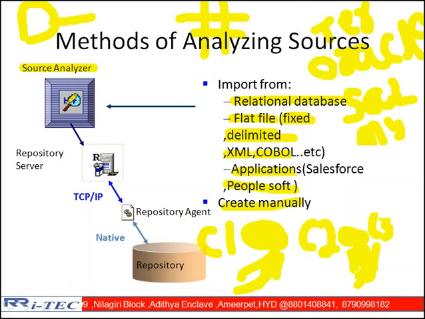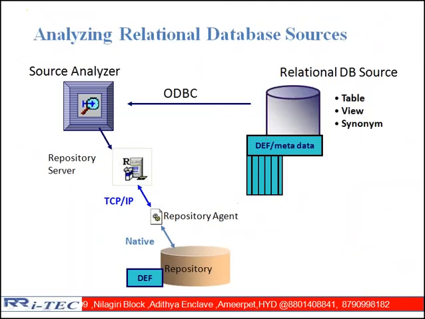It's a part of Informatica. This is contacting the database by taking the help of what? ODBC connectivity. By taking the help of ODBC connectivity, Source Analyzer contacts the relational database source, and it may be a table or view or synonym, etc. Only column names, only what? Metadata. Metadata means table name, column name, data type, size of the column. All these things fall under metadata.